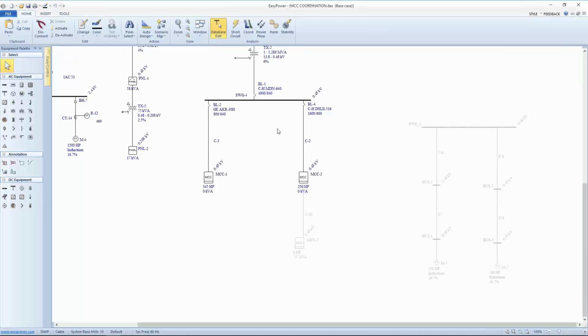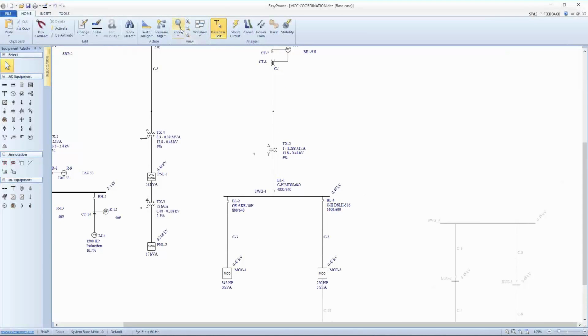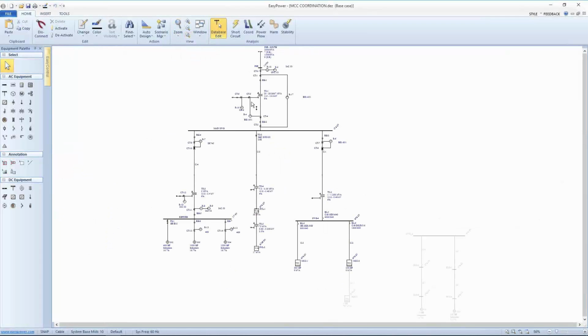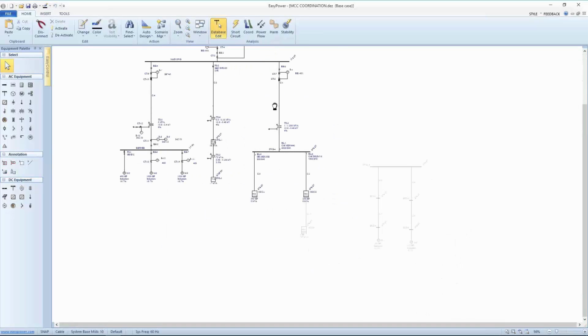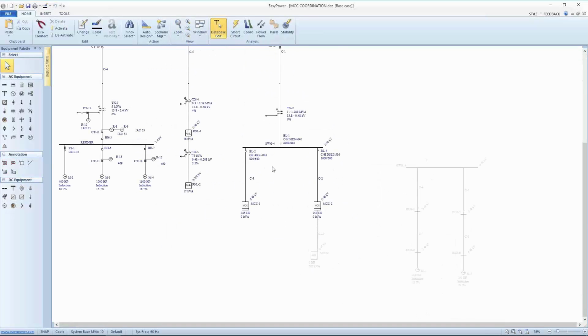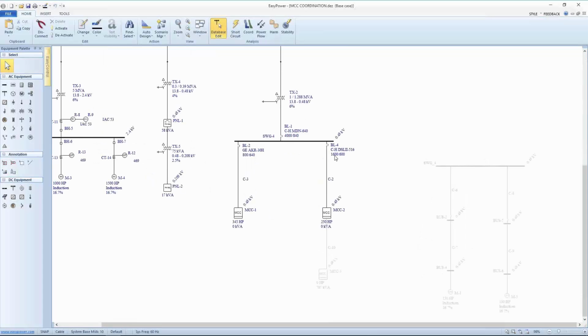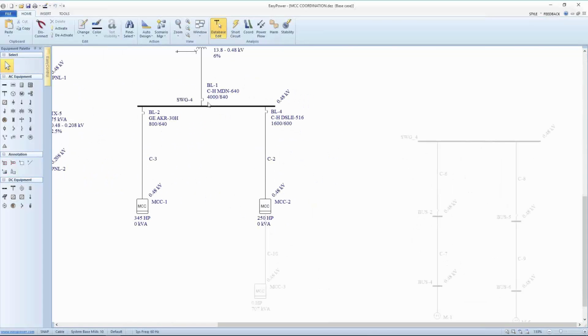If we open up, so here we have a system that has several levels of protection, and we want to coordinate so that if we have a remote fault, it doesn't bring down the whole plant. And in some cases, we may have very large loads in an MCC, and the question is, how do we coordinate with that load with the other devices? I'm going to open up the MCC description,